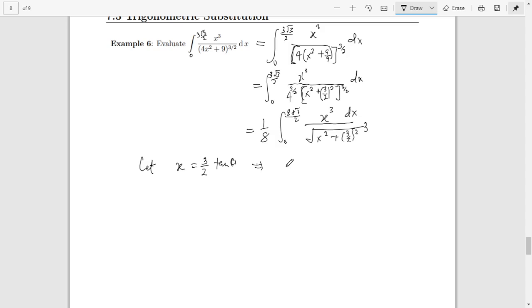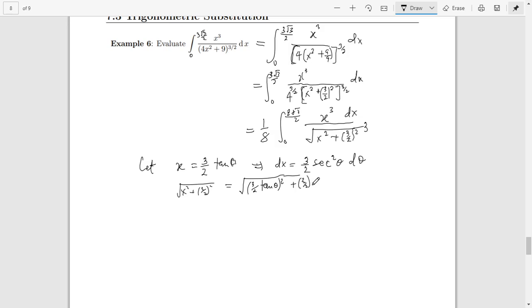So dx is going to be equal to 3 over 2 secant squared theta d theta, and the expression under the radical, I'm just going to simplify the square root, because the cube of that is still going to be the same thing. So I'll simplify x squared plus 3 over 2 squared. That would be the square root of 3 over 2 tan theta